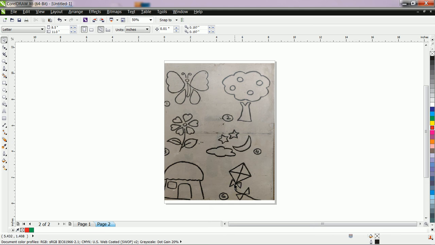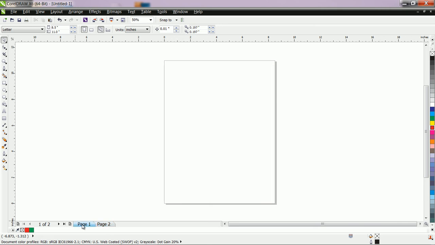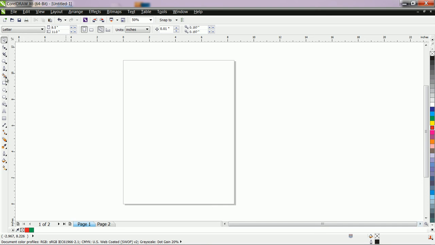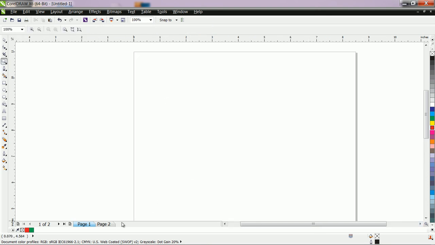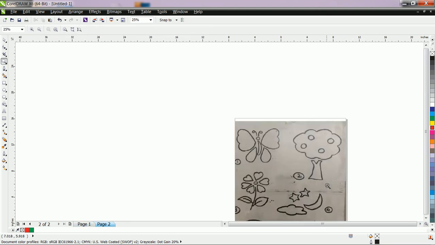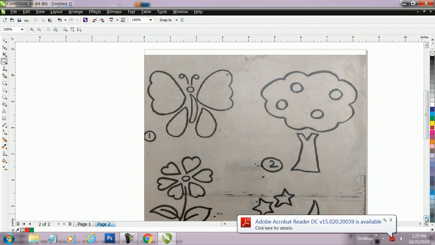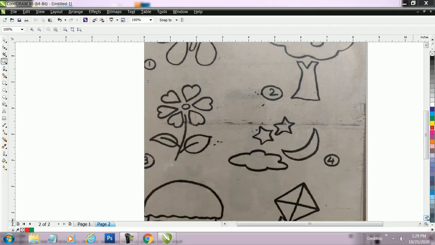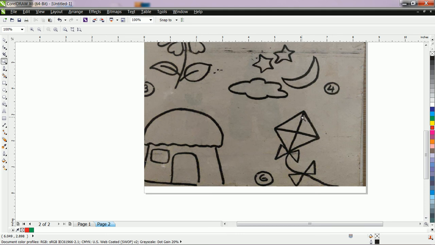Now let us draw this kite. For drawing this kite we have to use mirror options. You have to first create the shape. For kite we have to create only this one shape. This is right angle triangle.